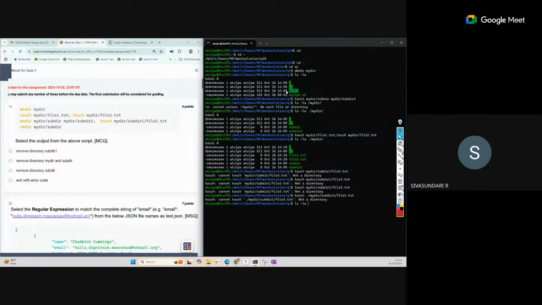ls minus. Sir, subdirectory is created as a file, sir. Okay, not a directory. Okay, that is created wrong. So sub dir and sub dir one both actually created as a file. So we have run the wrong command. We have made a mistake. Okay, so they already exist. So let's remove this. Then cd